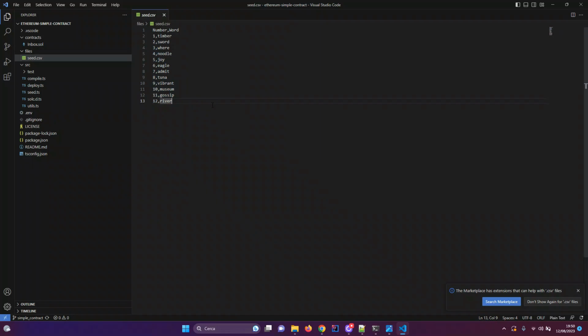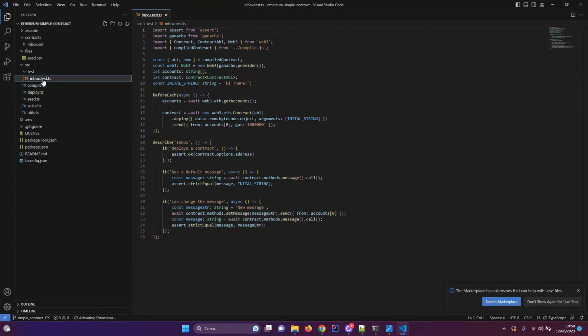Then we have our test file. I forgot to tell this, of course, the project is in TypeScript, as you can see. And this is our test class, basically, to test our code.